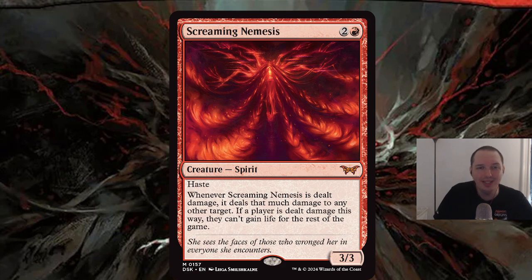Next is Screaming Nemesis. 3 mana, 3/3 haste. When it's dealt damage, it deals that much damage to any other target. So it's like a Boros Reckoner. And then if it deals damage this way to a player, that player can't gain life for the rest of the game. So if you are playing against the Angel from Domain and they want to kill this, the first